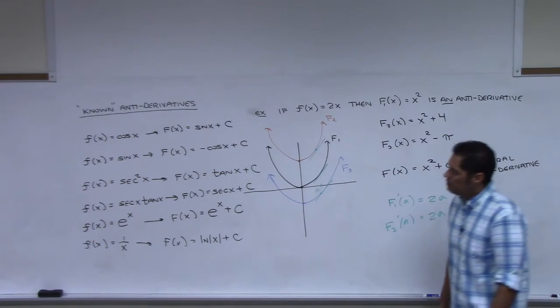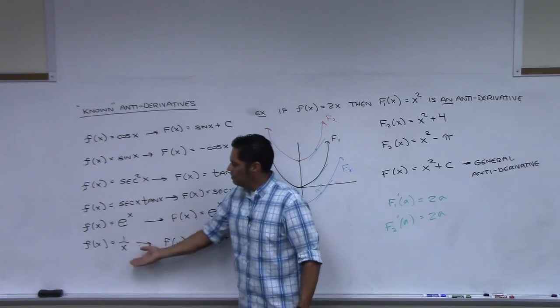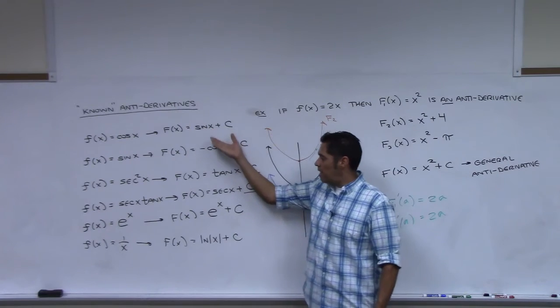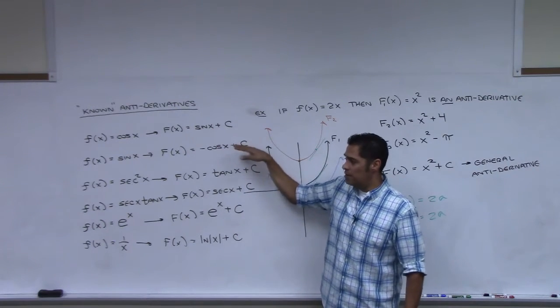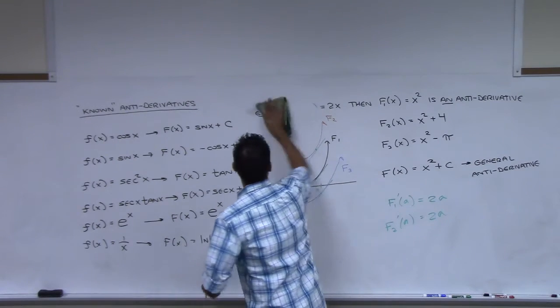Okay, so just keep in mind that with all of these, each time we find the general antiderivative, we have an entire family of functions. And each one of these is a different family, right? Okay, and then what we talked about last class is that